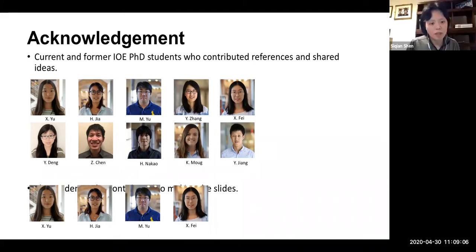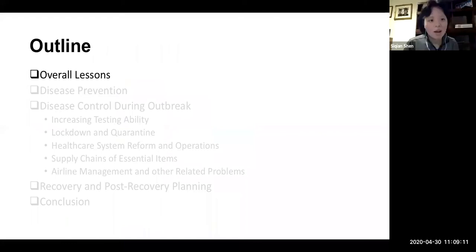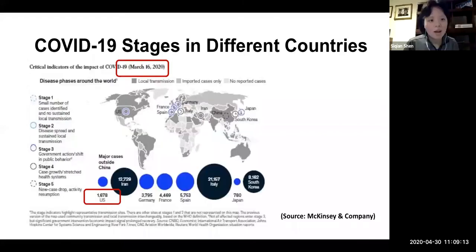So they gave me a lot of ideas. All right, so this is a picture by McKenzie. And basically this picture date is pretty outdated as we can see now. It's more than a month ago. And that was the time when the disease virus kind of jumps out of China and starts spreading out